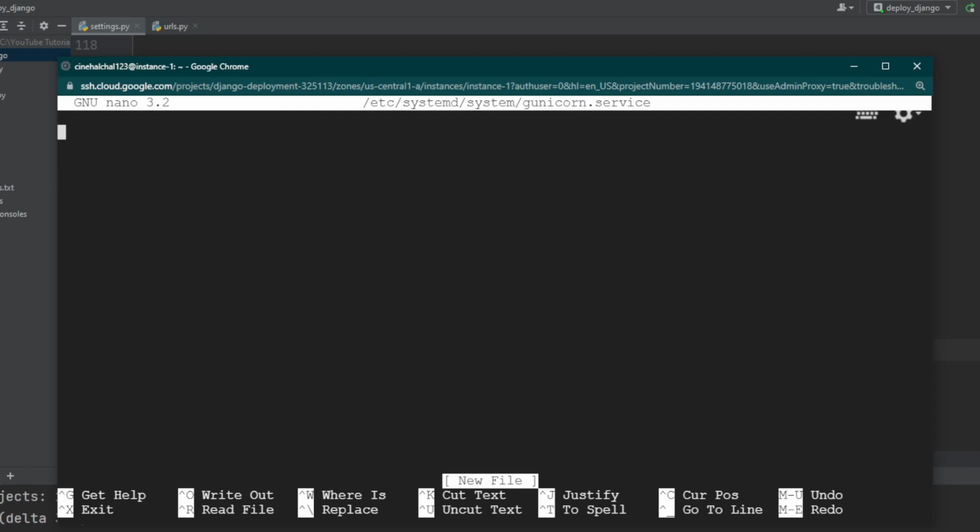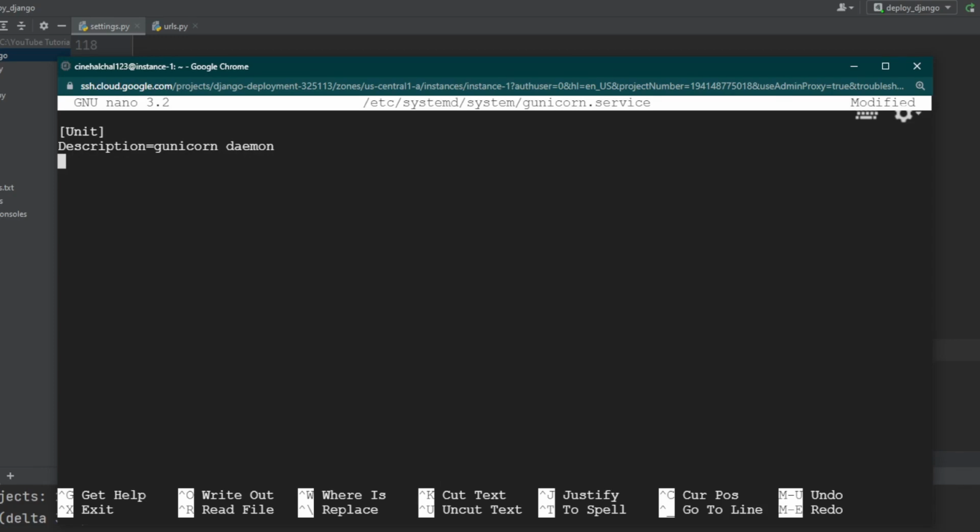In our case, the socket file name is gunicorn, so the name of the service file is also gunicorn, but each extension is different. We will start with a Unit section again, which is used to specify metadata and dependencies. We'll put a description of our service here. Description equal to, we'll say Gunicorn demo.